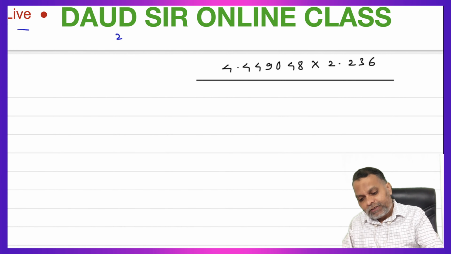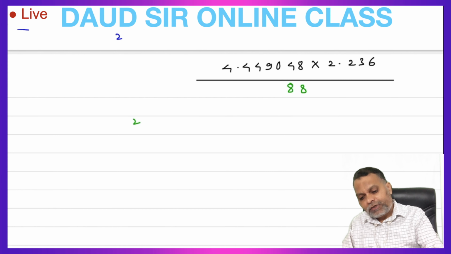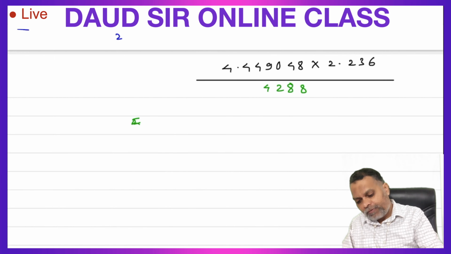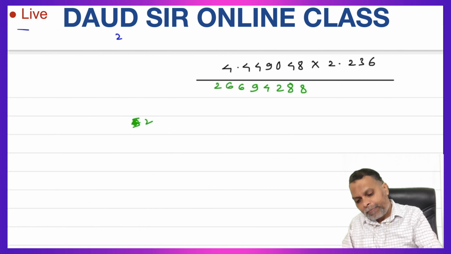First multiply by 6. 6 8 are 48, 8 carry over 4. 6 4 are 24 plus 4 28, carry over 2. 6 0 0 0 plus 2 2. 6 9 are 54, 4, carry over 5. 6 4 are 24 plus 5 29, carry over 2. 6 4 are 24 plus 2 26, carry over 2. 6 4 are 24 plus 2 26.